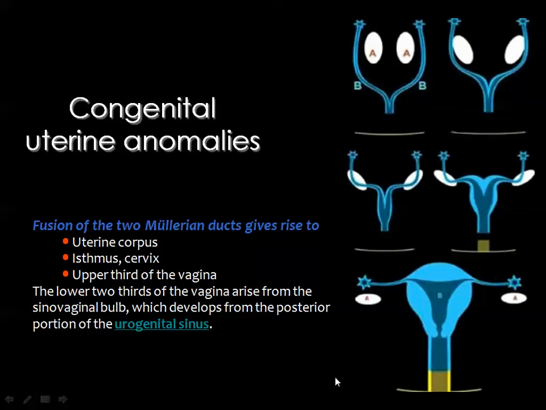You know that the uterine corpus, the isthmus, the cervix, and the upper two-thirds of the vagina are derived from the Mullerian ducts, while the lower third of the vagina is derived from a separate structure, which is the urogenital sinus. Then these are two separate entities, and each will be liable to abnormalities related to the site of